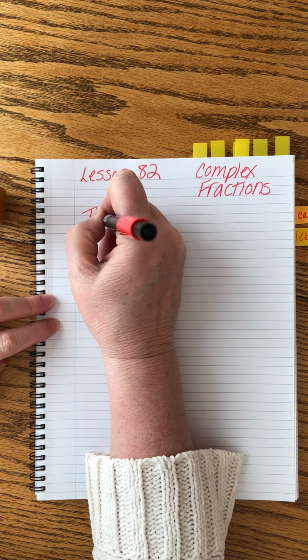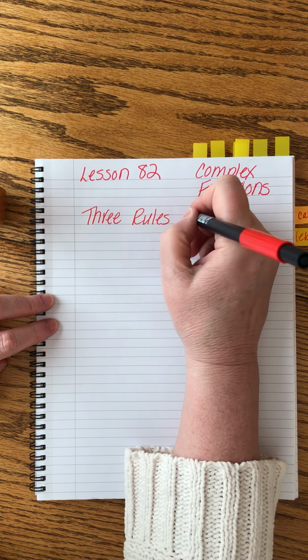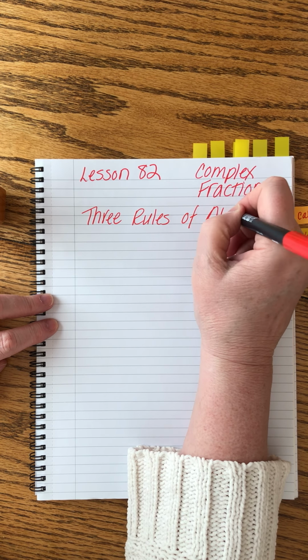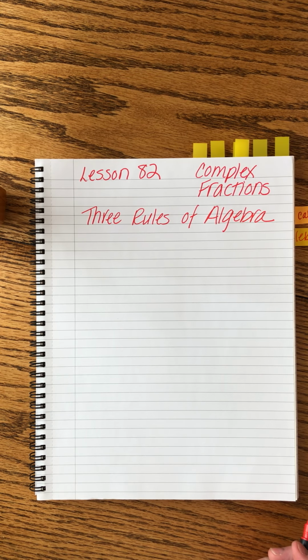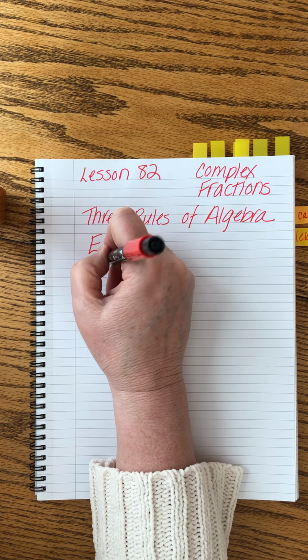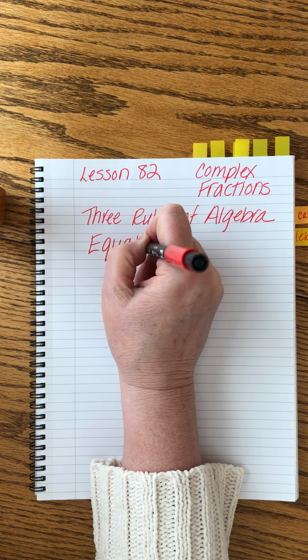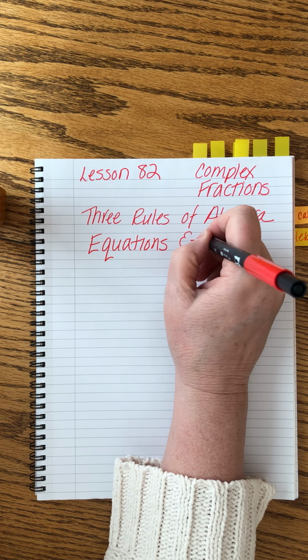the 3 rules of algebra. I know, seems like there's a lot more than just 3, right? But these are the 3 basic rules of algebra that make the whole thing work, all right? The first 2 are about equations. And remember, the easy way to tell if you have an equation or not is you look for an equal